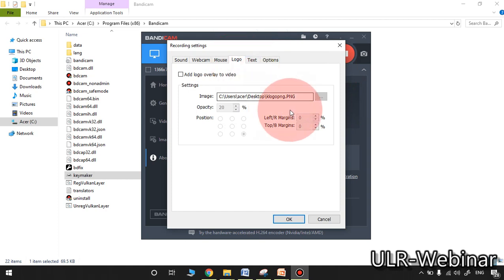Logo. You need to have a PNG format logo, your college logo. You may select it here by clicking it. Then here you may upload it by using this particular option. You may use 0 to 100% opacity level. You may click any one particular option. If you want your college logo to appear here in this place, you may select this position. At the middle, you may select this position. The right side corner, you may select this position. That is as per your wish. While I am doing the recording for this session, I am not adding any logo.